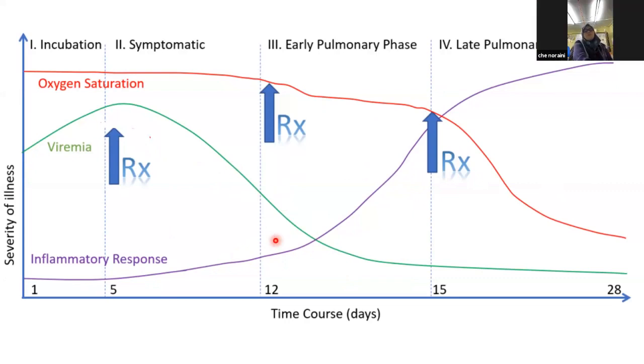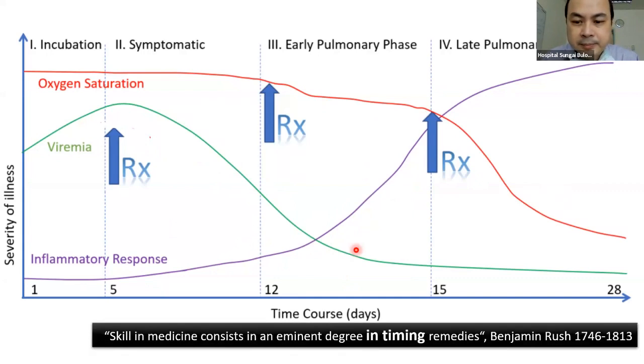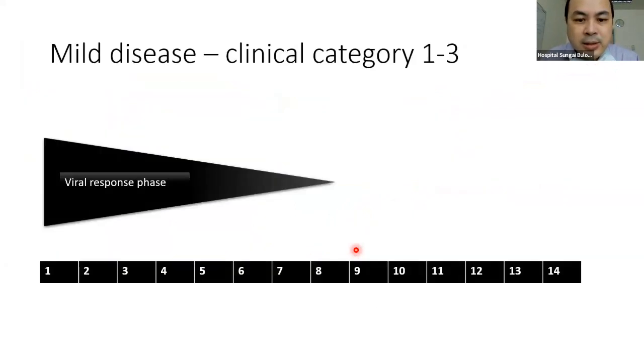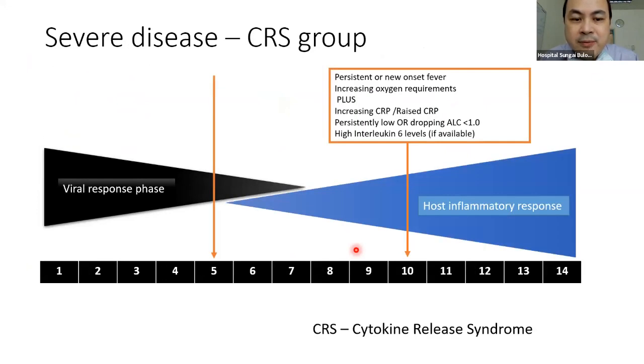By the time we get to the second week, if there's signs that the inflammatory response is going up, then we give anti-inflammatories like steroids. So I mentioned the first 1 week is usually a viral disease. Second 1 week is inflammatory disease. How do we know that the inflammation is going out of hand? If the patient has got persistent fever, his oxygen requirements are increasing, his CRP levels, what we find is that the CRP levels is a good marker that the immune system is going crazy, because in viral disease itself, the CRP doesn't go up.